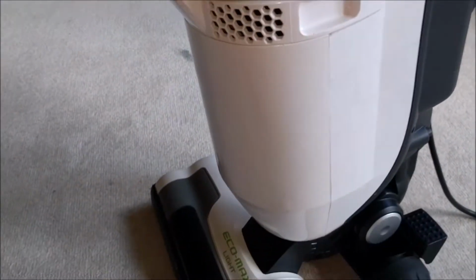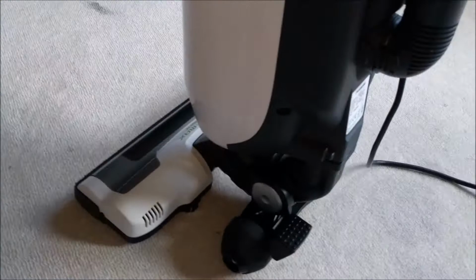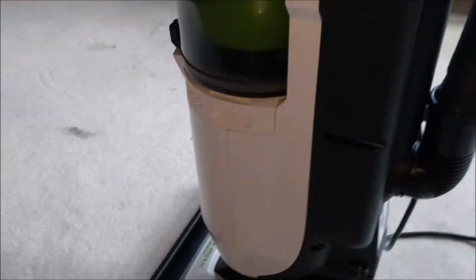And it's quite cool actually. It's got a little Panasonic motor in it. Very similar to a DC-24. But it must be slightly better because obviously it's 1,000 watts. It's almost a shame I don't have a DC-24 in because I could have compared, but never mind. So what's it like to use? Well,